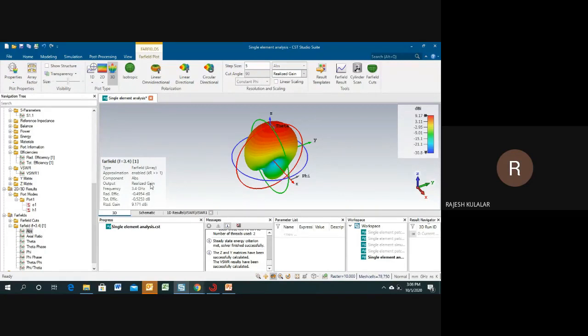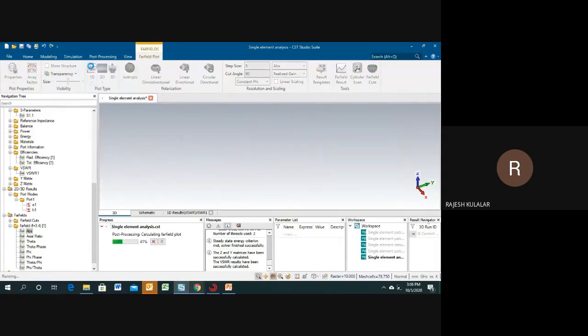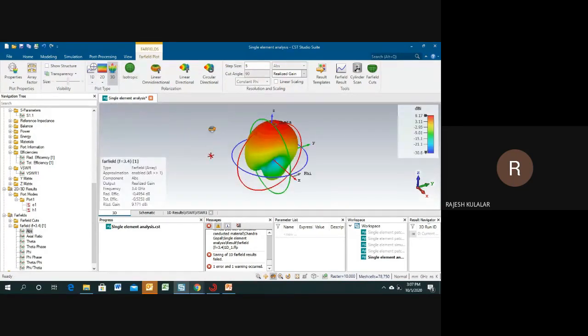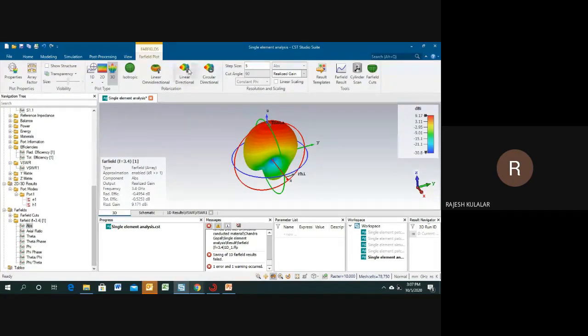After that, if you want to check this result in a polar plot, click on this 1D. First I will check some co and cross.